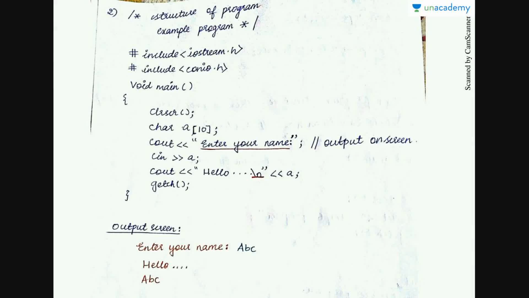Another example of a program. First statement is similarly a hash include iostream.h. And then you have conio.h followed by void main. And then the first line is clear screen. And then you declare a character array. An array is a matrix which holds characters. And then you have cout